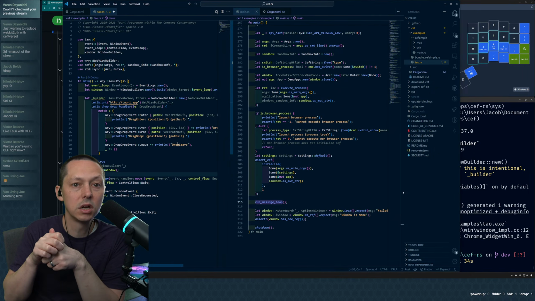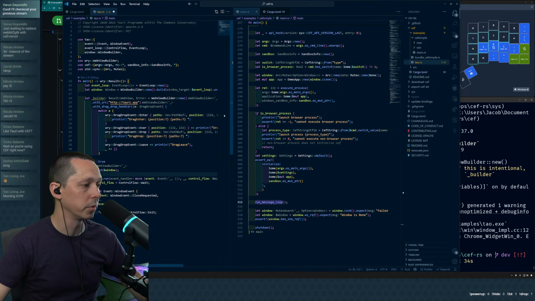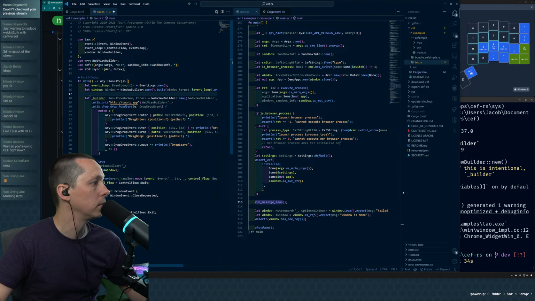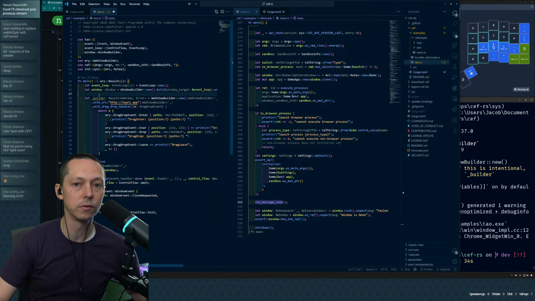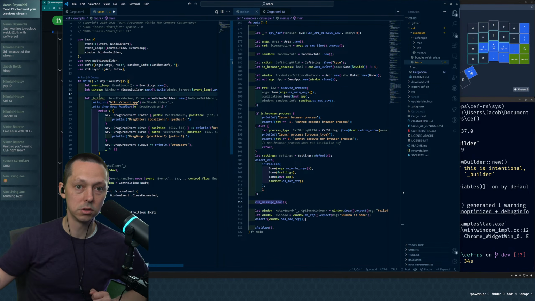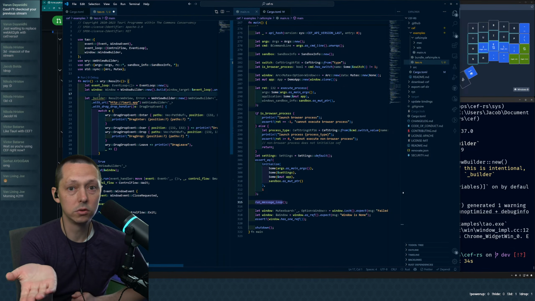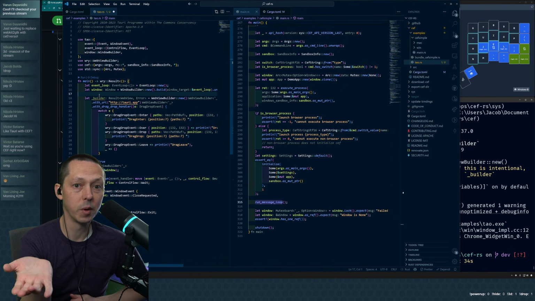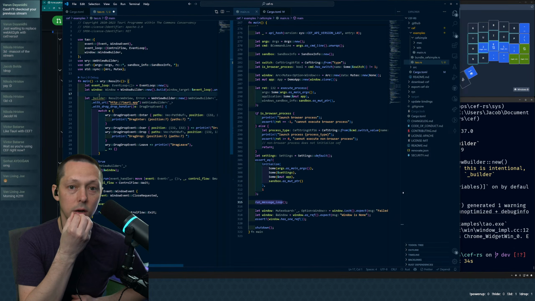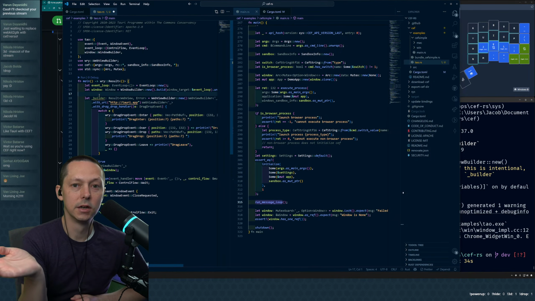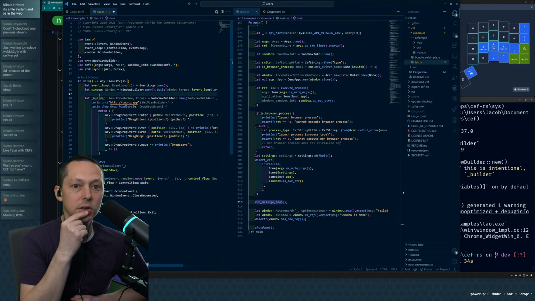But the Verso stuff is coming along pretty quick here. Tony's really been pushing on it. Then you're still at the mercy of how far along Servo is, so depending on what APIs you need, Servo might not support them. But WebKit 2 GTK has had issues with WebRTC for a while, right? So depending on what your app needs, you may actually